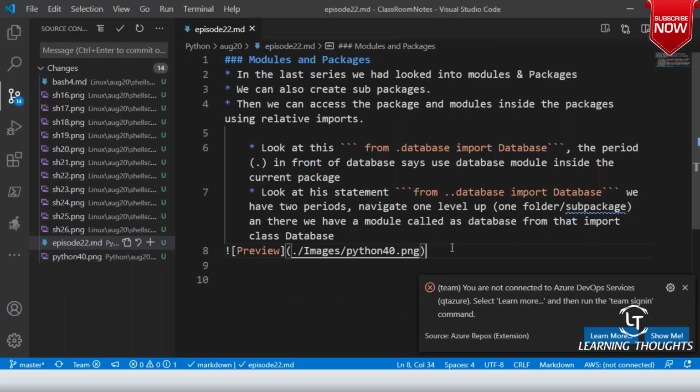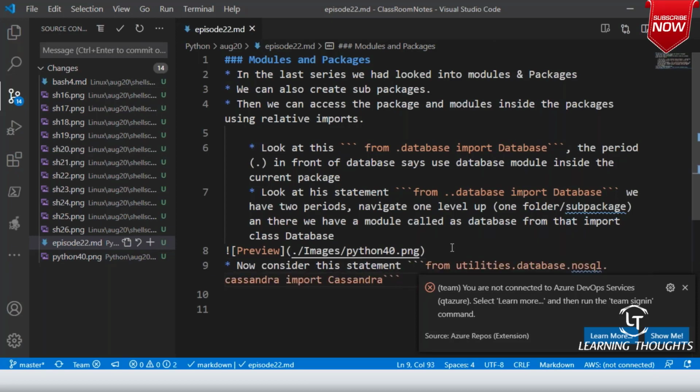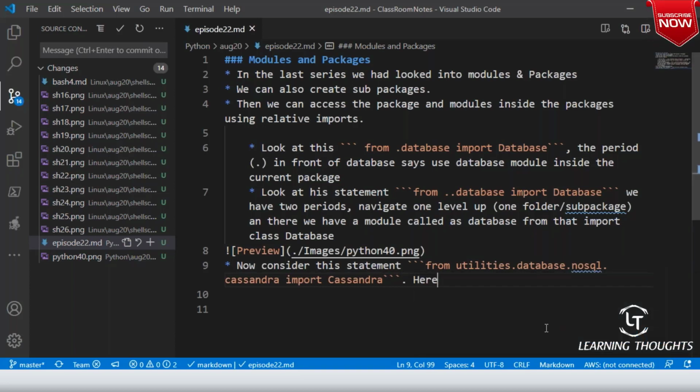Now consider this statement. Here we are moving into sub packages. In the earlier cases, we were inside the sub packages and trying to access something outside of a sub package. But now we are trying to get inside. Am I clear on this, sir?